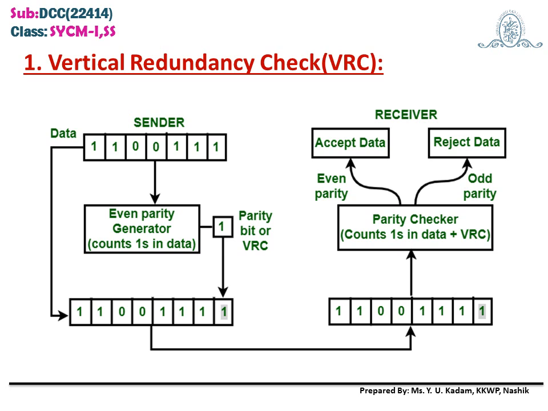At the receiver end, the parity checker will count the ones in the data. If the number of ones in the data bits is even, it will accept the data. If it is odd, it will reject the data. If it is odd, it means there is an error in the message. This is the method called vertical redundancy check.